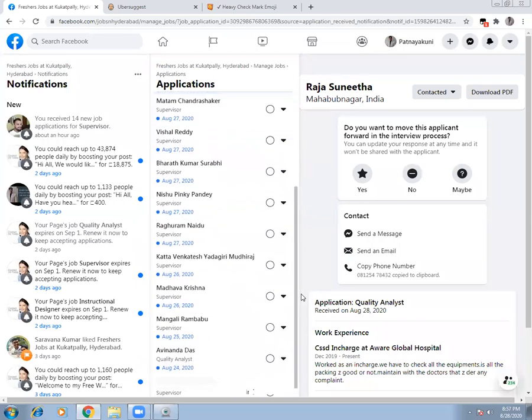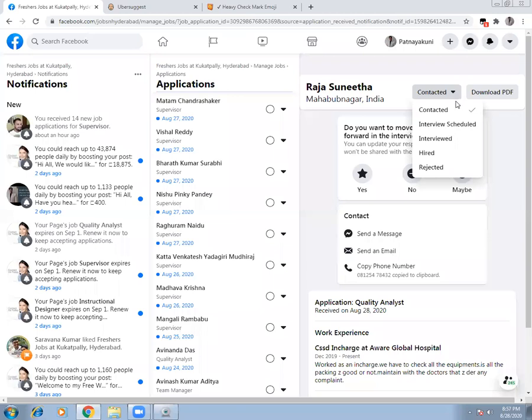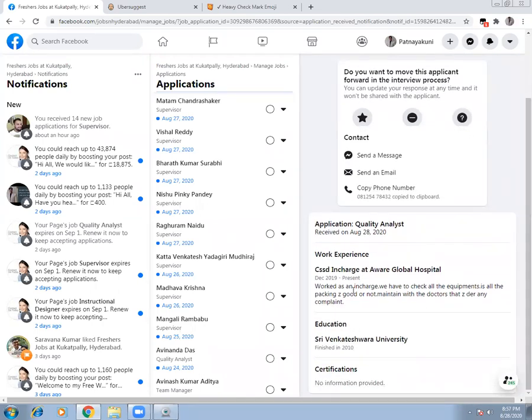So you can use these notifications, and this will give you the complete picture of the person, the contact number. You can download their profile, and you can select the status as contacted, rejected, hired, and classify the data. You will see when you received, and you also get an analysis as to what this person did. Worked as an in charge, you have to check all the equipments.